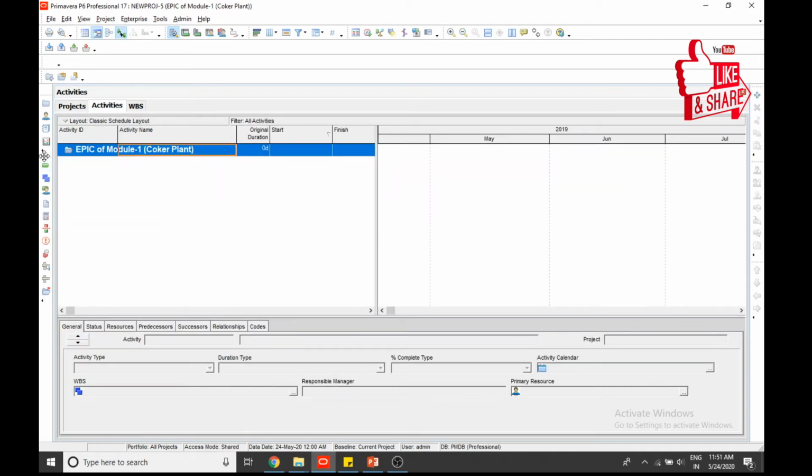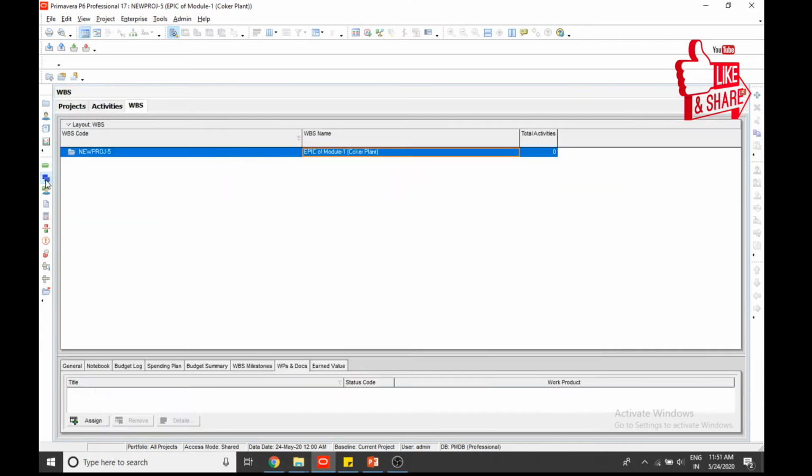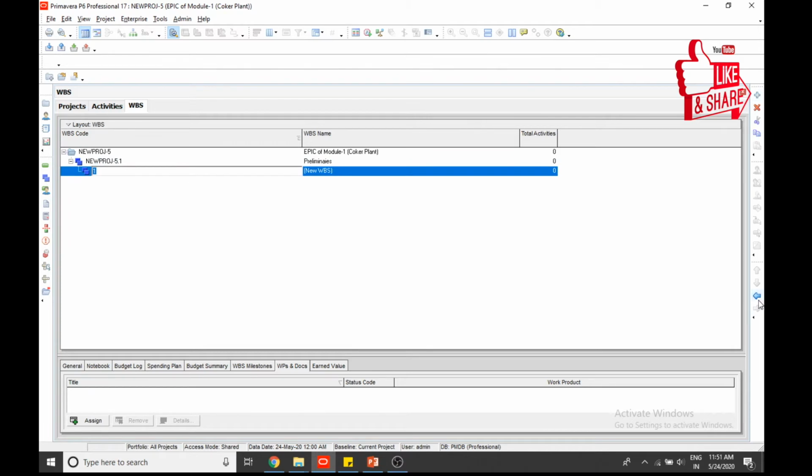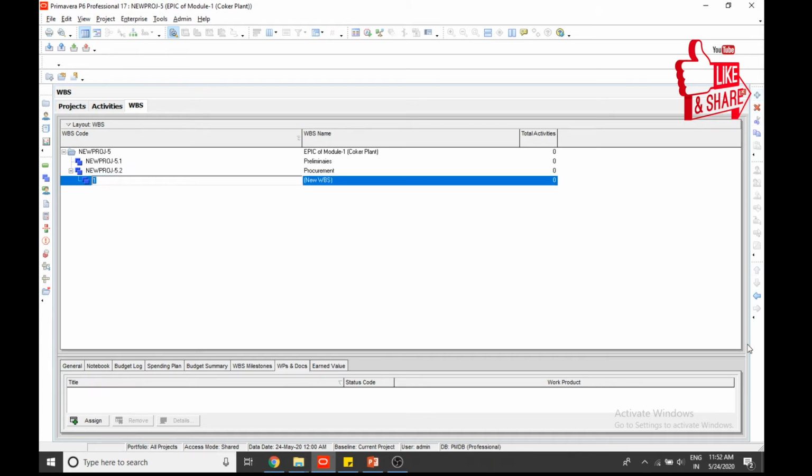To start any project, we have to add some WBS first. So we click this WBS icon and we'll make preliminaries. Okay, then second, what will be the WBS? Procurement. Then we will add another here, then construction.